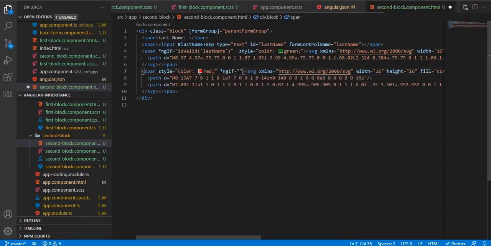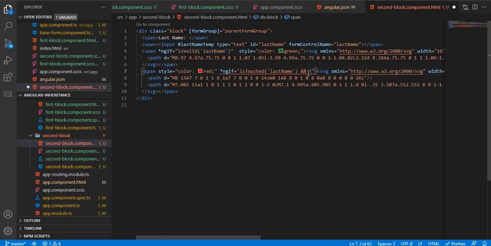it is touched, and you need to pass a last name. If it's touched, then we also need to check if it's valid.